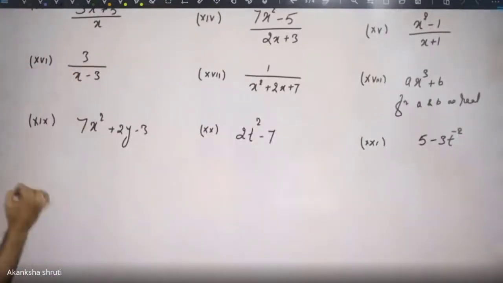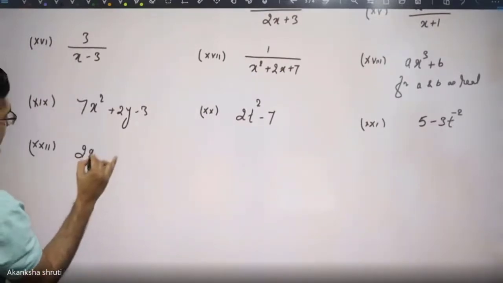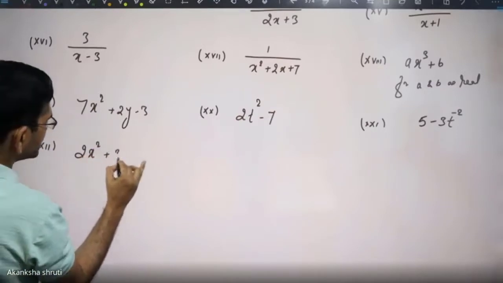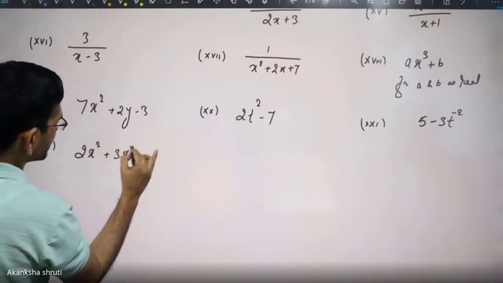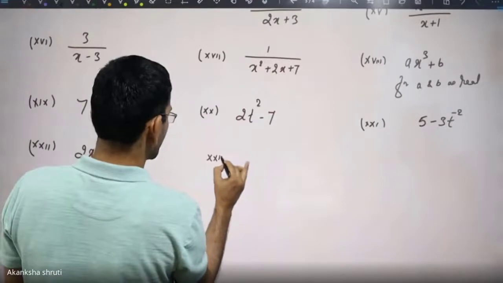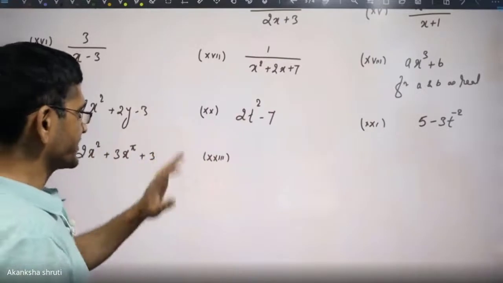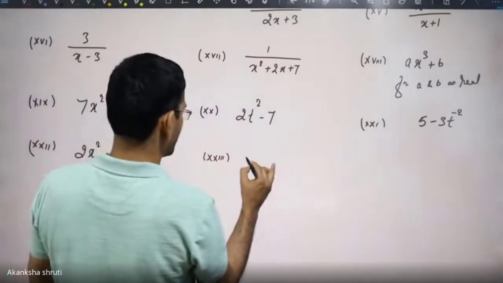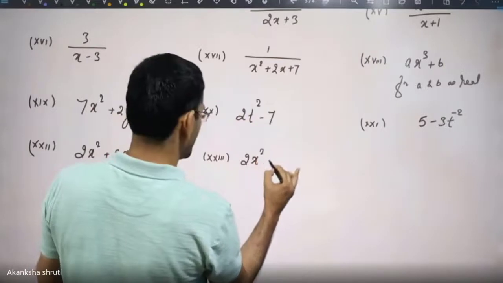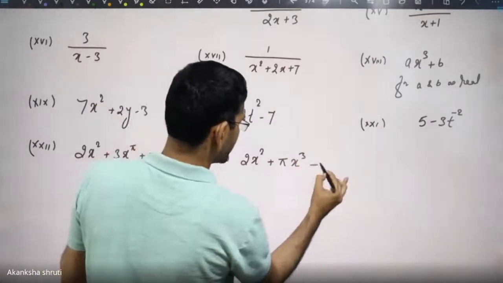Then how to find the term and coefficient I had already explained. They are very easy. Students, I may ask you something else too. So let me write one more: 2x square plus 3x to the power pi. Now in the power of this x there is pi, because nowadays, even in competitive examinations, pi is a very favorite area. Okay, now if I have 2x square plus pi x cube minus 5.